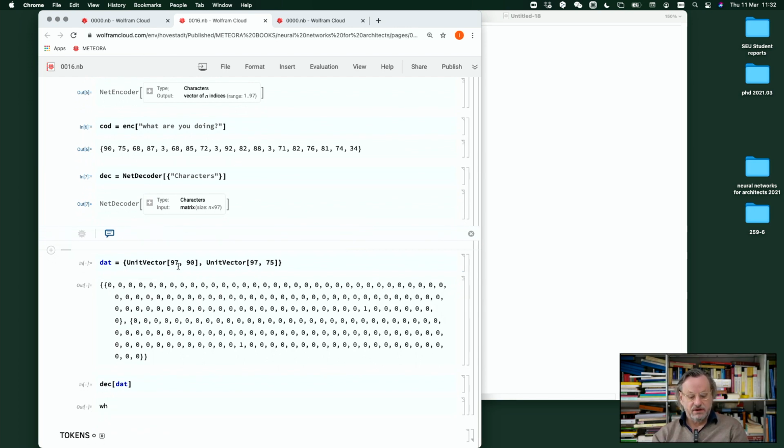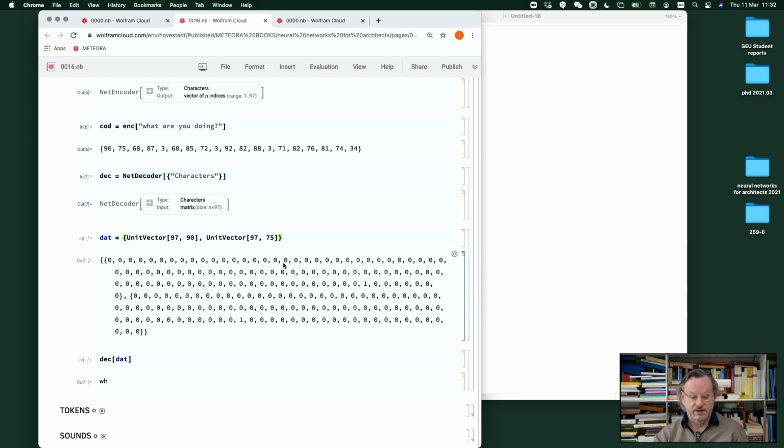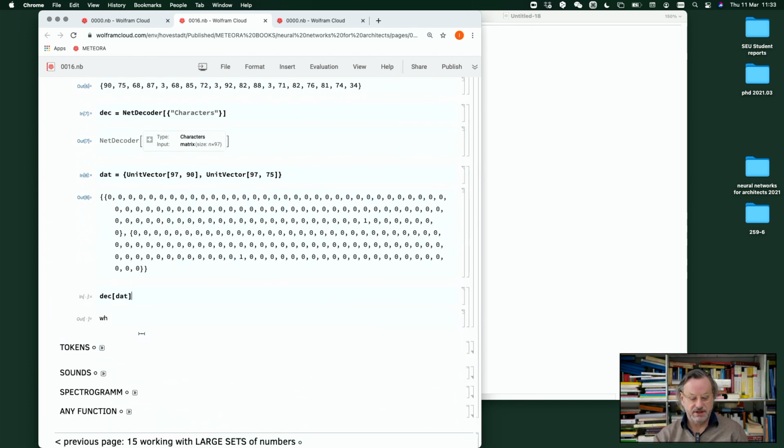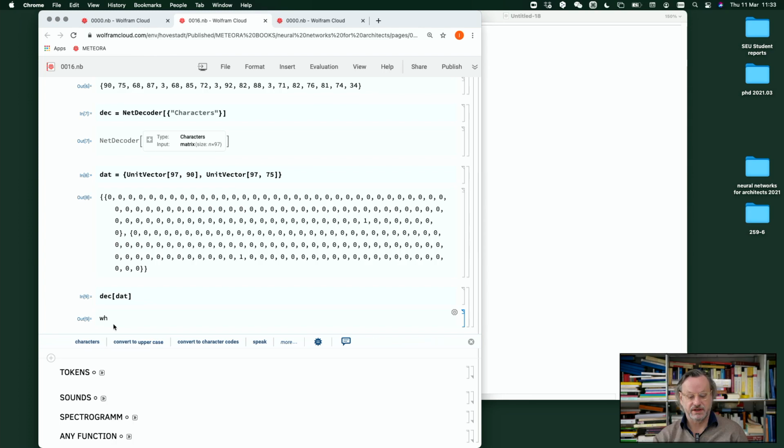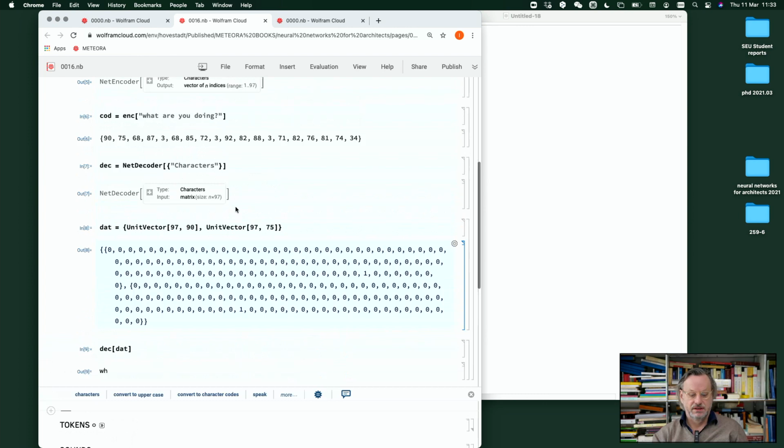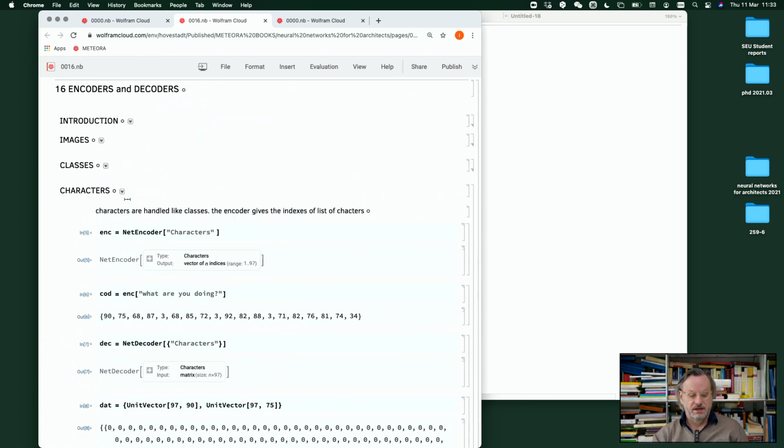So therefore, we have a unit vector of all the ASCII numbers. It's 97. The unit vector says it's all zeros, but the number 97 is 1. Therefore, we have it here. So therefore, we get the 90th element. The 90th is here. It's 1. And here's a 75. It's here. It's a 1. And this is the data, how it is delivered, and it's a question of classification. It works like classification, but then we have the two characters with a certain probability. So we are never sure how things are, so there are certain probabilities, and we say, okay, we decide. So this is with classifications of characters, which is simply a list of